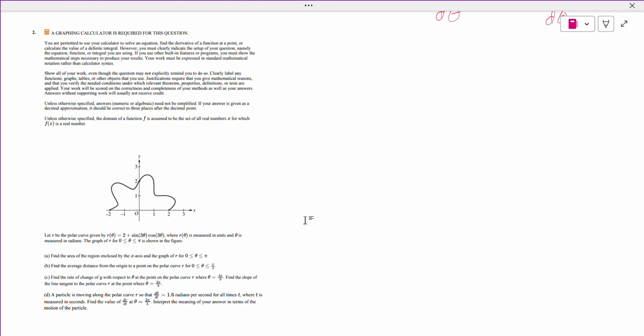This is another suggested question for question 2 from the coverage of a grade 12 elite. We have this polar curve given by r of theta equals 2 plus sine of 3 theta cos of 3 theta. Part A: find the area of the region enclosed by the x-axis and the graph of r for theta between 0 and pi. As you can see, it's a calculator active question. So for part A,